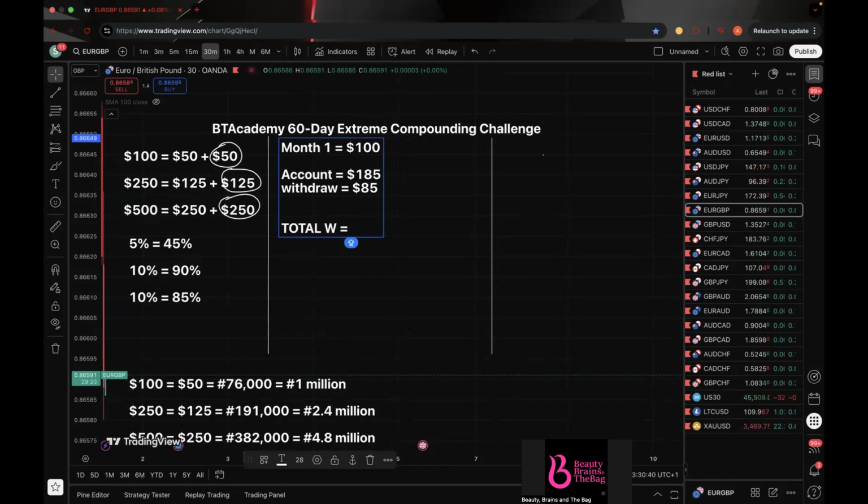Okay, that will be $255. Now you can convert to Naira. Naira is like 390K. Now if you use a $250 account and you're going with this method, that will mean